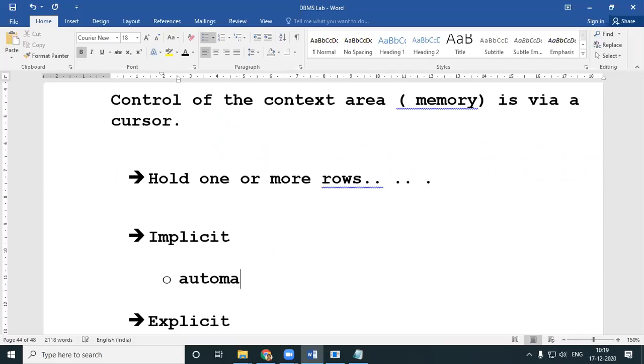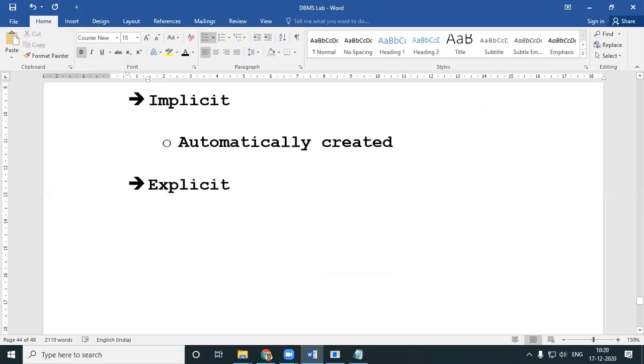Implicit cursors are automatically created. Very simple. All that we did till now are implicit cursors. The normal querying which we do, all that happens through implicit cursors. Now, explicit cursors are not automatically created.